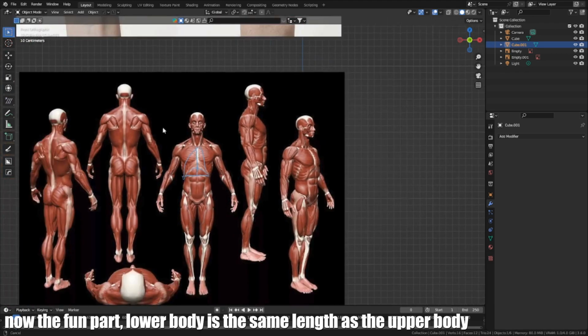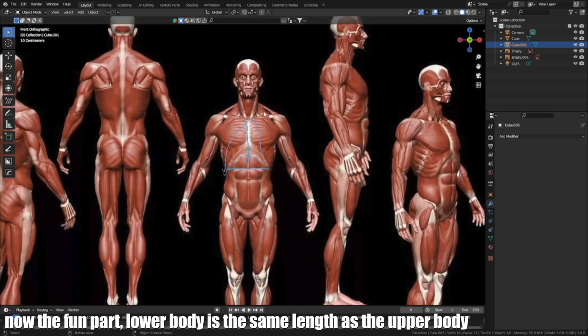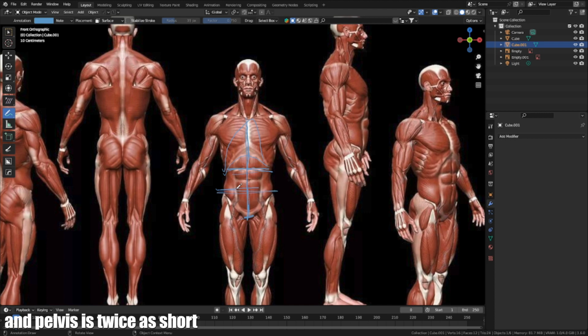Now the fun part. The lower body is the same length as the upper body, and the pelvis is twice as short.